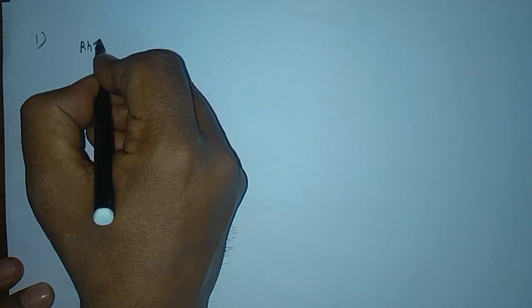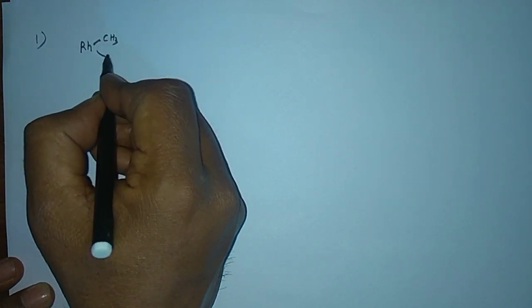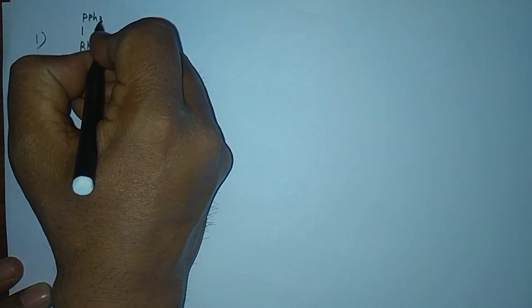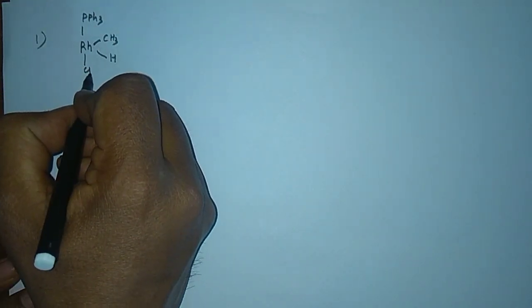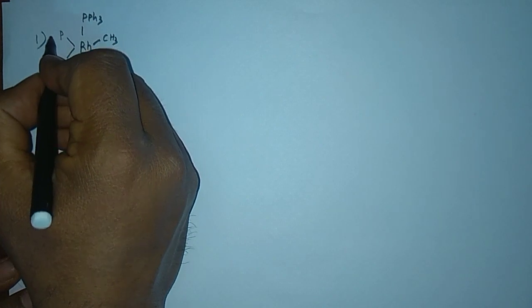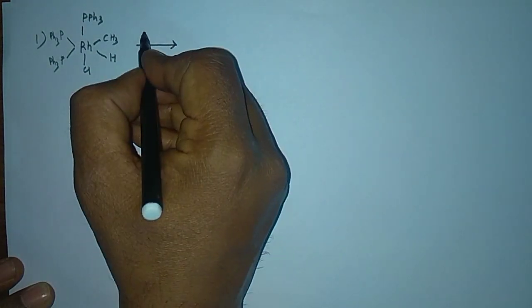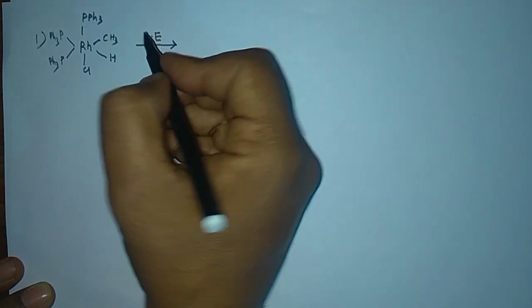I'll solve only a few problems here, and for the rest of the problems you can go through your textbook and understand how it is happening. Say my problem number 1, I'm having my rhodium here, and this rhodium is having CH3, and this is having your hydrogen, and this is PPh3 triphenyl phosphine, and this is chlorine, and here you can write PPh3. Say this is my substrate, and this substrate is undergoing reductive elimination, so I'm writing Re for this one. No condition required, you can heat the substrate only.